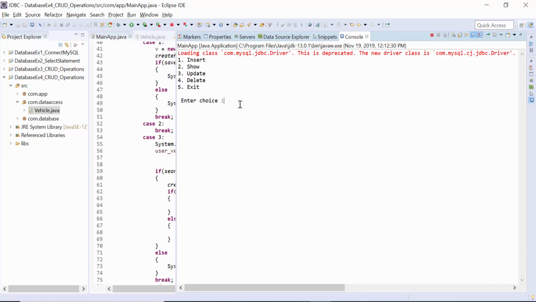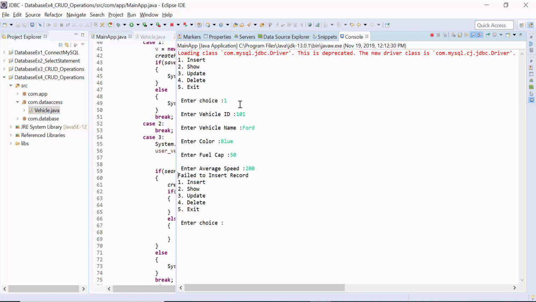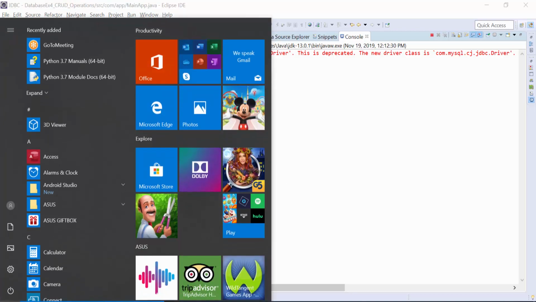Now it loads, and press 1 to create a record. So 101 is the vehicle ID, vehicle name let's say Ford, color blue, then it is asking fuel capacity, 50, average speed 200, and it shows failure to insert. Actually this is not a failure to insert, I'll show you.